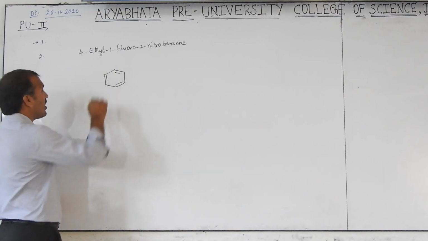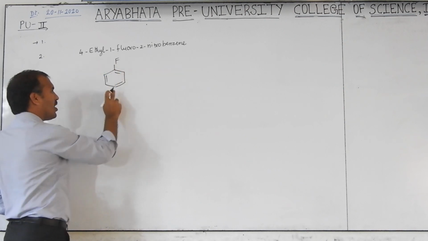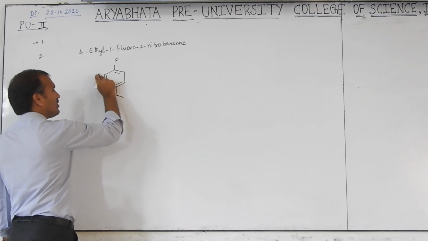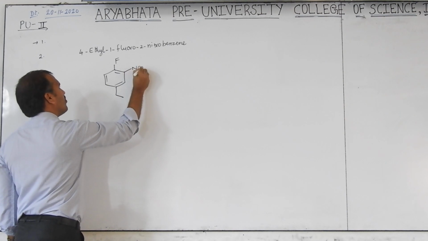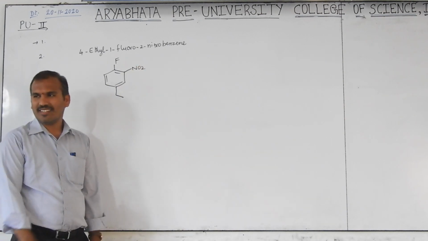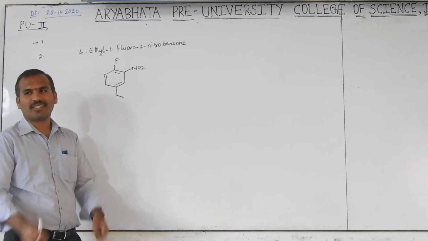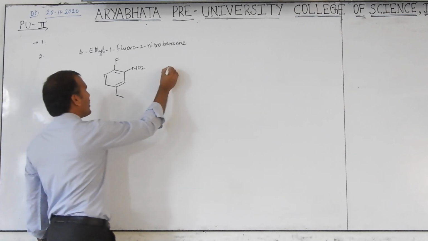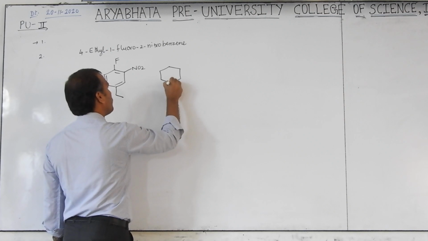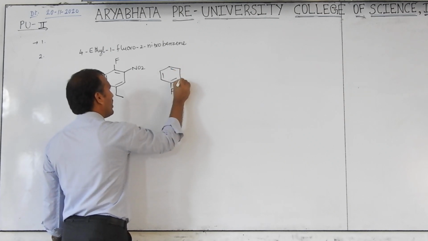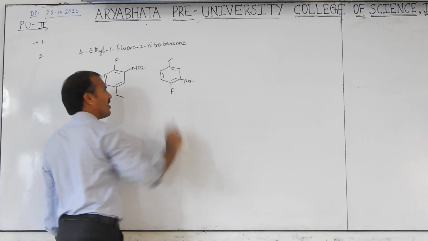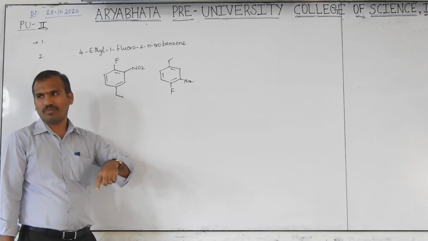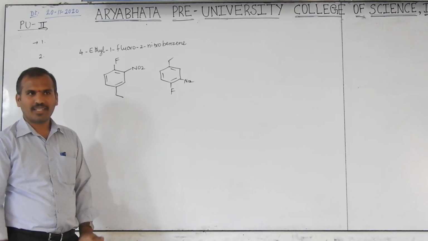Top. Then which position here? This is the first, then after this is the fourth. Then this is the second. This is the very simplest way to write the structure. We discussed this molecule only yesterday. Here fluorine is there, here nitro is there, here ethyl is there. Observe it. Both are identical, because the name is the same. Got the point here?